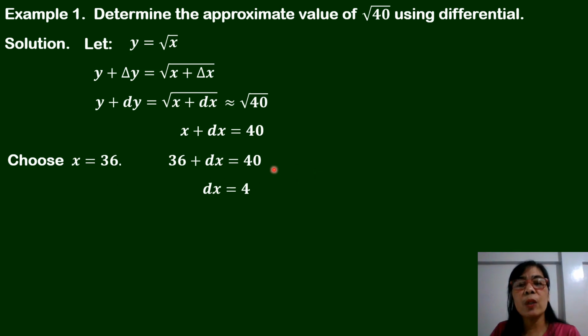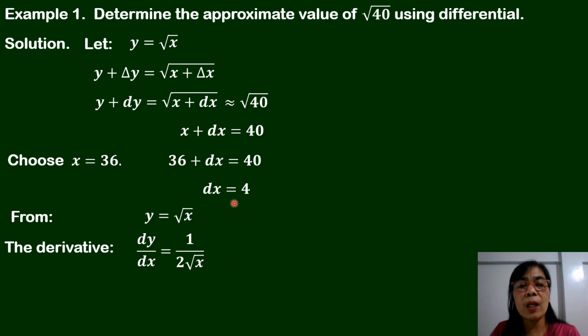The value is 40 minus 36, that's equal to 4. Then going back to the function y is equal to the square root of x, the derivative of y with respect to x using our differentiation formula, again, we have 1 all over 2 square root of x. So since x is 36, we shall have 1 all over 2 square root of 36, which is 6. So finding the quotient, that will be